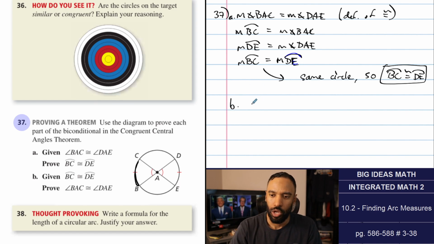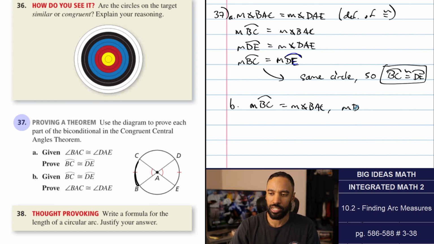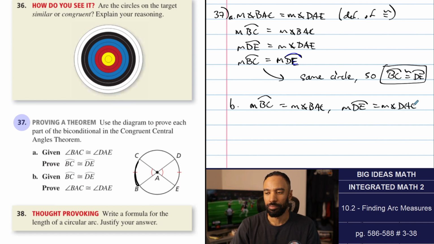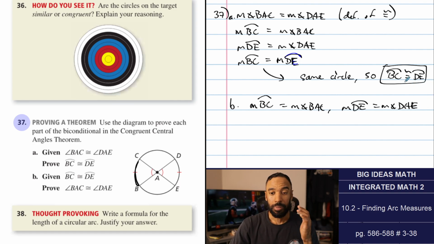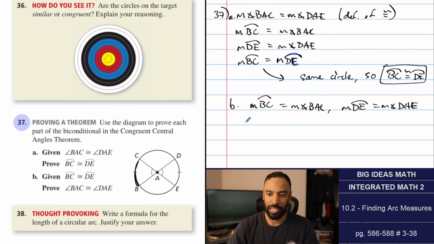Let's go at it. We know that the measure of arc BC is equal to the measure of angle BAC. We know that the measure of arc DE is equal to the measure of arc DAE. Now, whoops, I keep writing my E's as C's. Now, because we have that given, we have the given that BC is... I'll make this its own sentence. Because arc BC is congruent to arc DE,